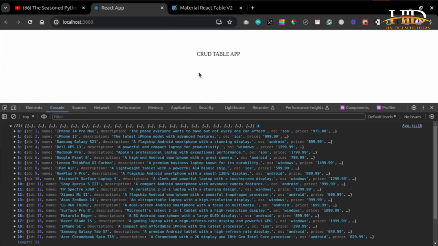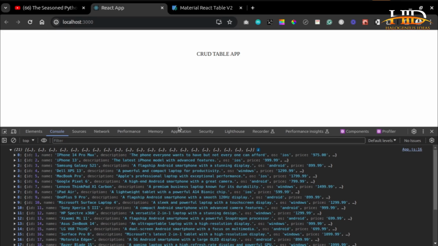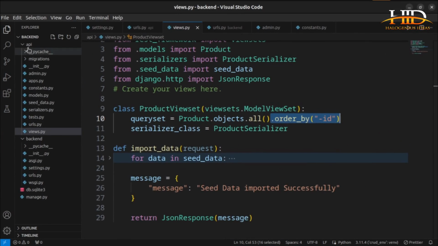Okay, so now that we are sure that we are actually getting data, I want to create a spinner. I want to create a spinner, something that if it is fetching the data, the spinner is going to be spinning. So normally what I like to do is that since they are components,